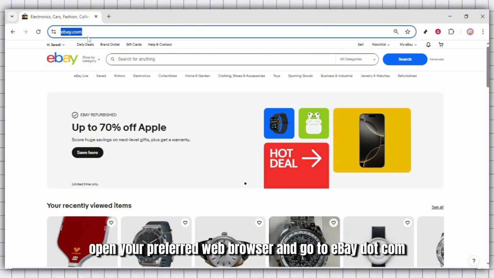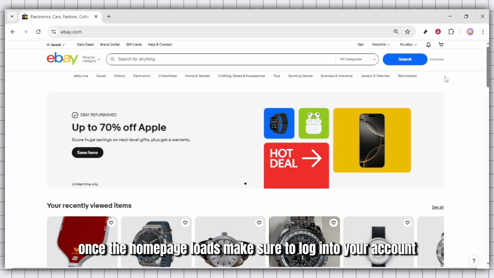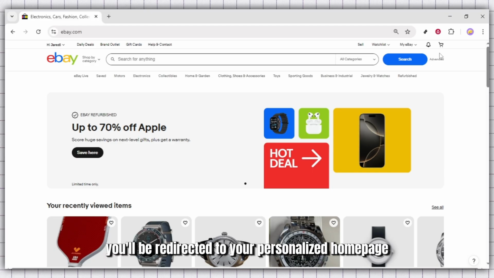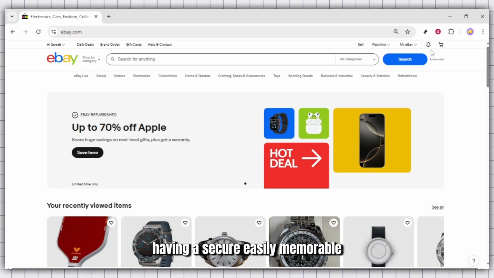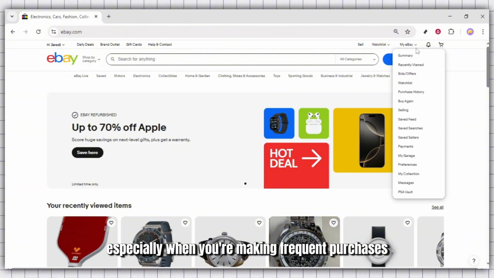First, open your preferred web browser and go to ebay.com. Once the homepage loads, make sure to log into your account. You'll find the login button, typically at the top right corner of the page. After you enter your credentials, you'll be redirected to your personalized homepage. Having a secure, easily memorable password is always recommended for your safety and convenience, especially when you're making frequent purchases